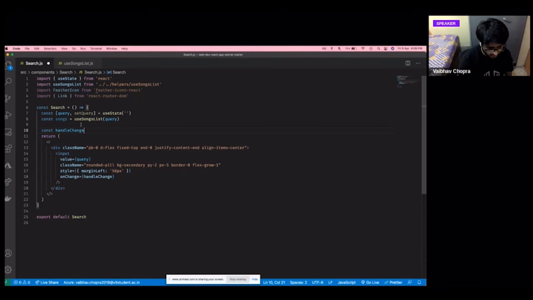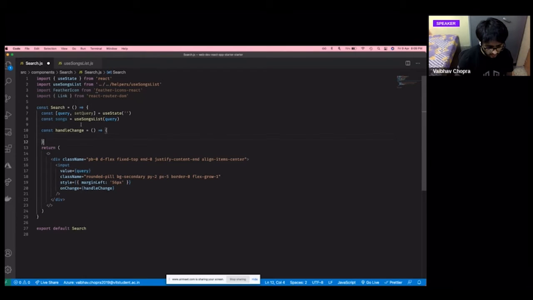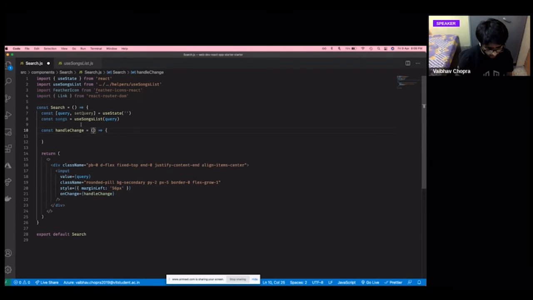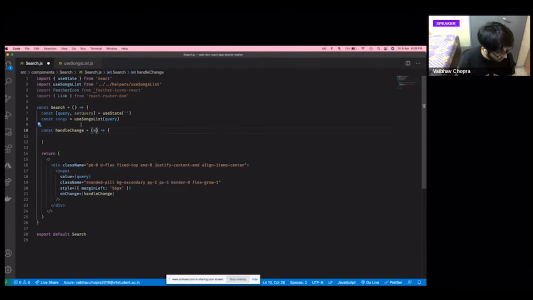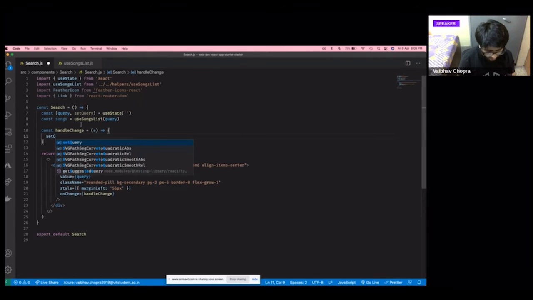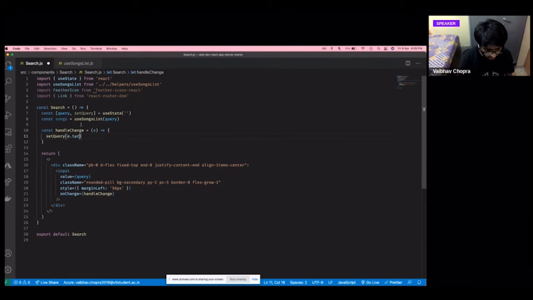Every time the value of a text box changes, it is the convention of React that an object called e, which is basically the event object, is passed to the callback function, and you can get the value which has been changed by the user and set it in the query using e.target.value. That is how you handle a change in the value of a text box in React by establishing dual way binding.